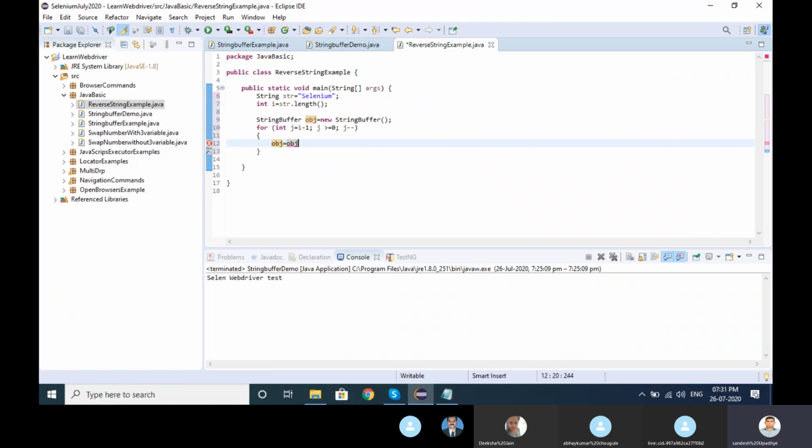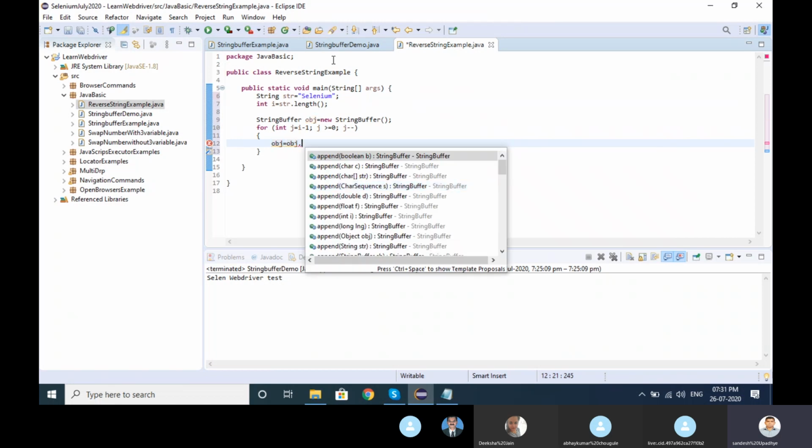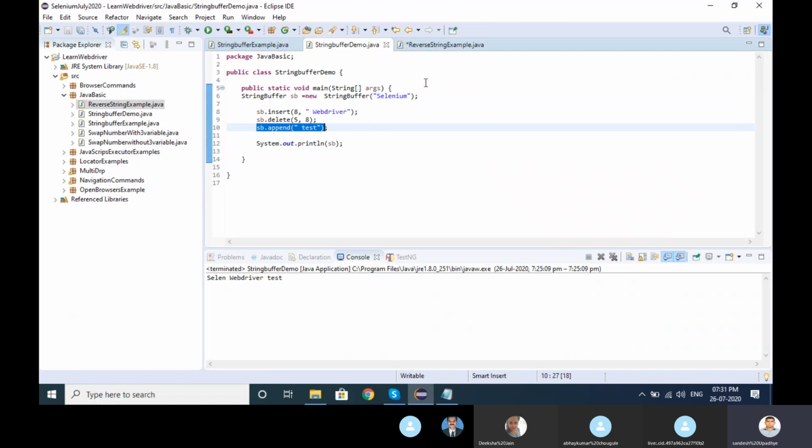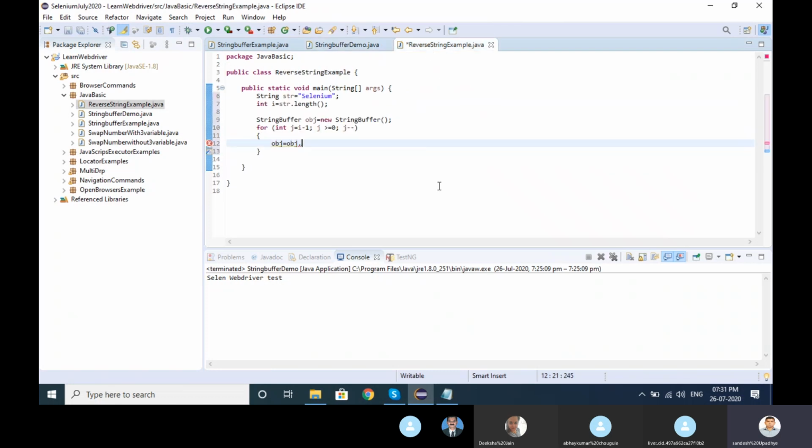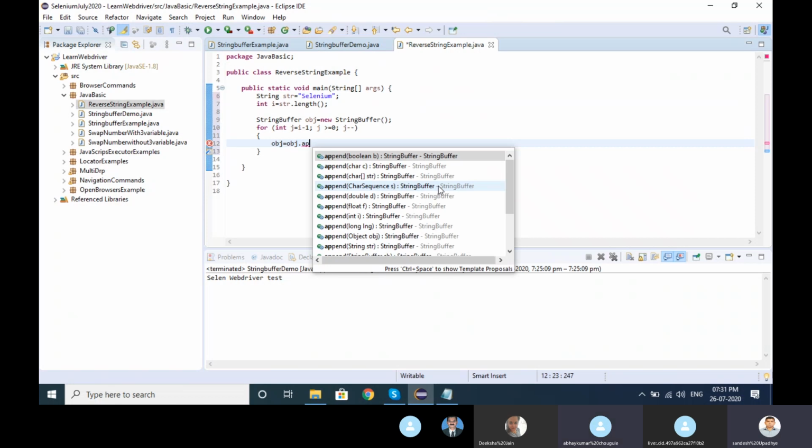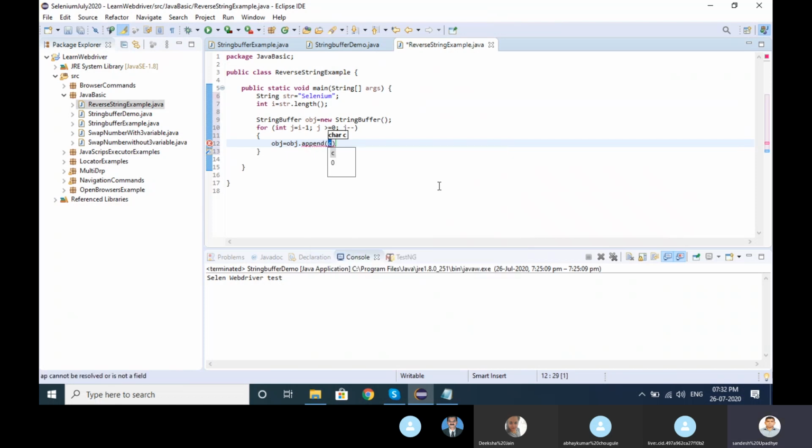One more method we learned is append, which appends that value at the end. So object dot append, and character-wise I want to append. There are so many options.